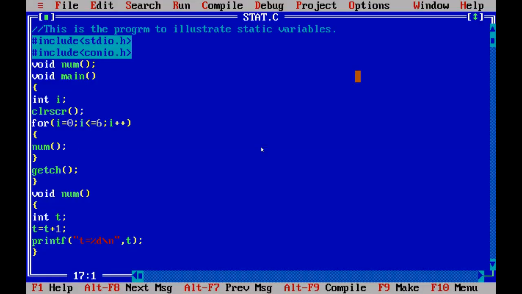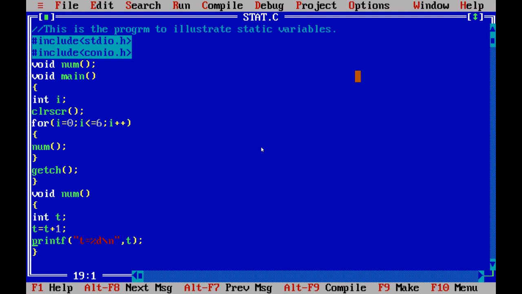How are we getting this output? When the value of i is equal to 0, num will be invoked. By that time, this t will be initialized and incremented. So t value is equal to 1, and that value will be printed.